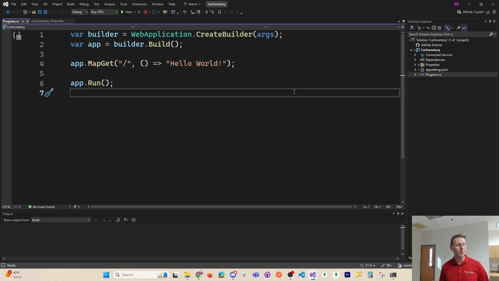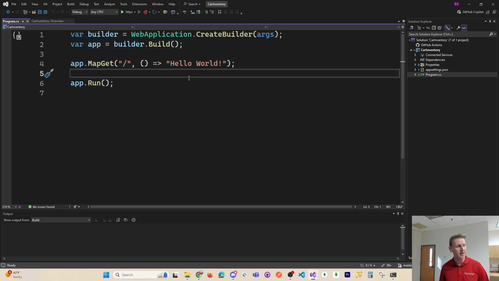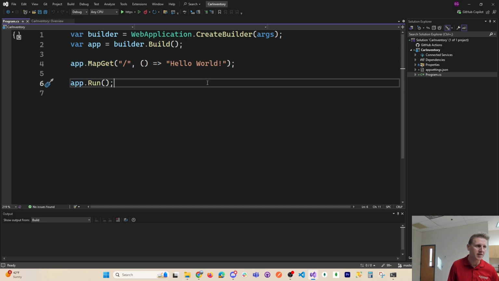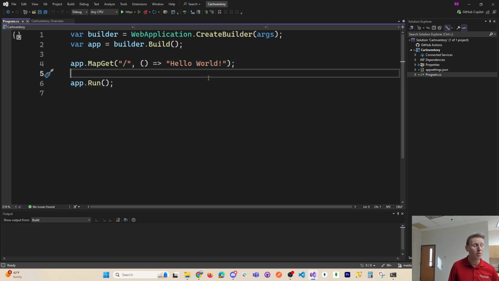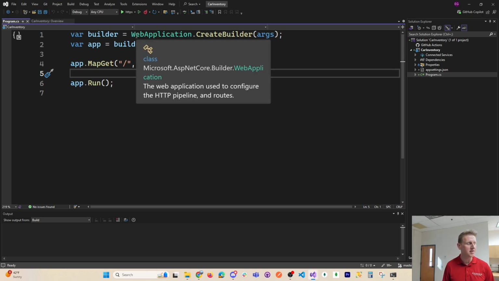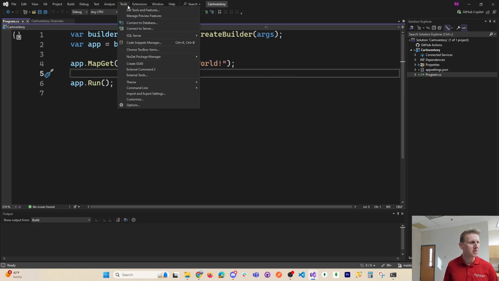Now, ultimately, we need to save our data somewhere. And so the convention that I'm going to use, and we could actually save this into a database. And as you learn more about this .NET environment that we're in, we will be working with databases in my class, if you follow along. However, for now, we're just doing what's called an in-memory database. And in order to do an in-memory database, we need to install a third-party package, or basically software outside of this default template. So in order to install a package,